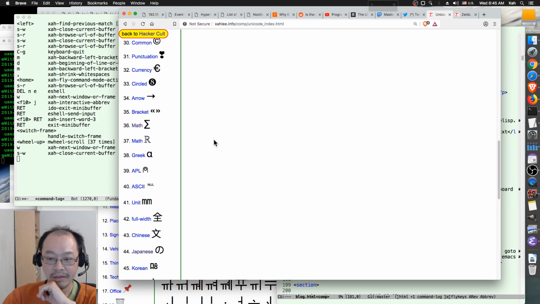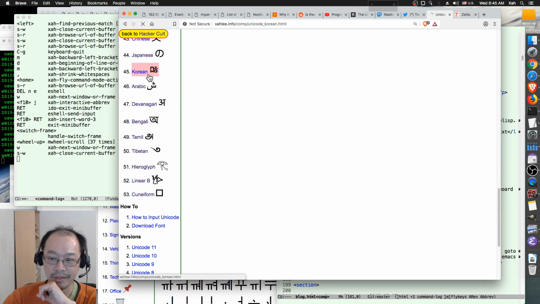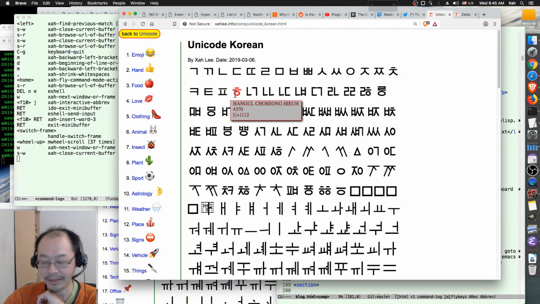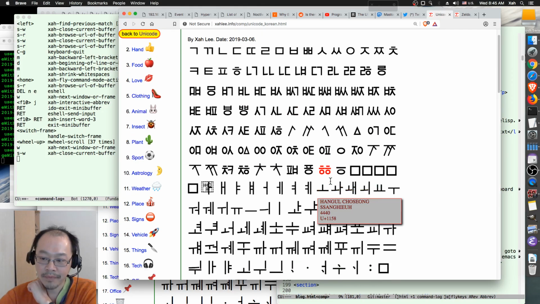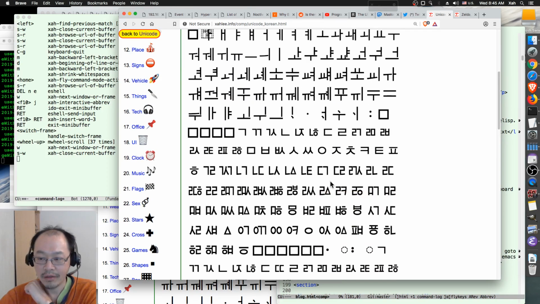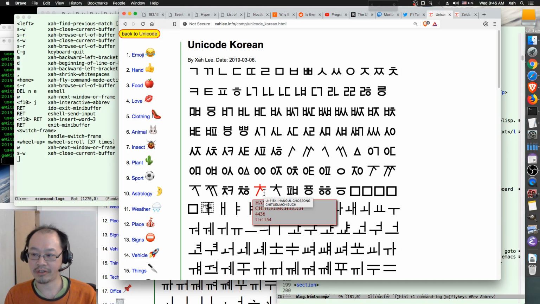Okay, now scroll down. Korean, there it is, Korean. Yeah, now it's done. Okay, so now it's finally done, but now I'm going to read about Korean for 1 hour, because this is not a good page. I mean, this is not final quality, because for people reading this, you want to organize these characters so that they make sense to the Korean language, not just a bunch of Unicode characters used for Korean. You want to organize them, for example, alphabets,